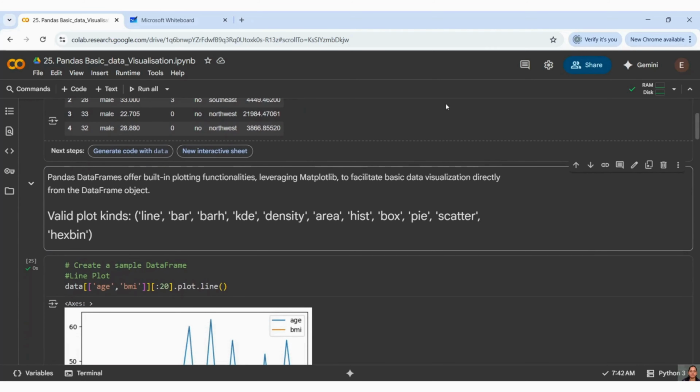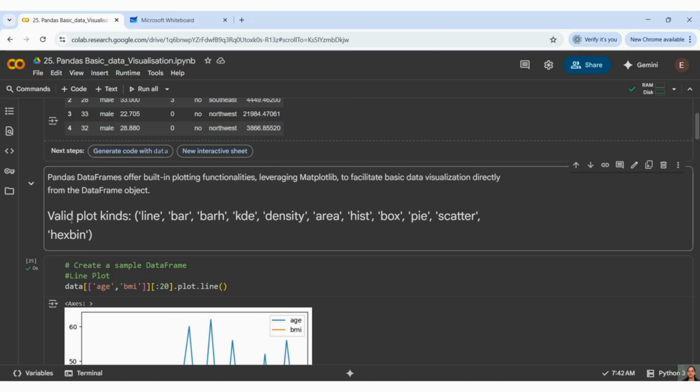Now what our pandas built-in plotting functionality gives us is this facility: if you want a general comparison, you don't have to write axes and all, you don't have to plot different axes, you just need a comparison. You can just take one column from the dataset and plot it. With that plotting, you should be able to know whether my data is in a uniform manner or in a scattered manner. Those kinds of things you can understand.